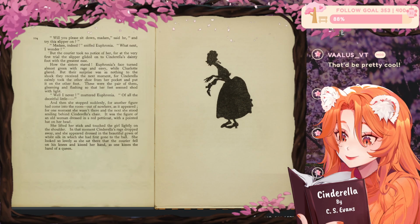How the sisters stared! Euphronia's face turned almost green with rage and envy, while Charlotte glared. But their surprise was as nothing to the shock they received the next moment, for Cinderella calmly took the other shoe from her pocket and put it on the other foot. These were the pair of them, gleaming and flashing, so that her feet seemed shod with light. "Well, I never," muttered Euphronia, "of all the deceitful little..."